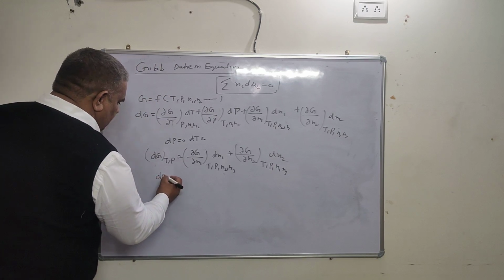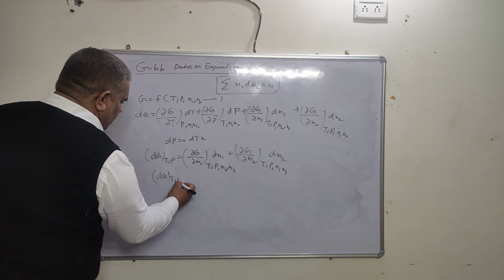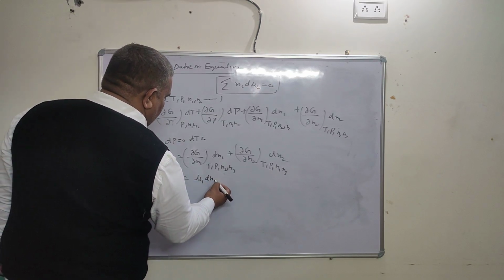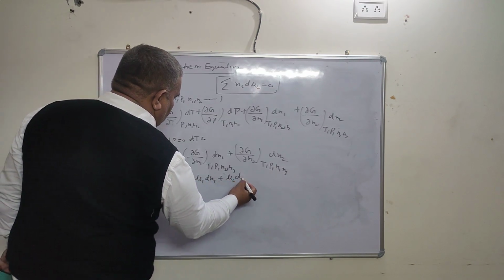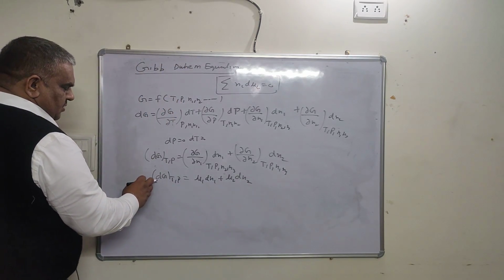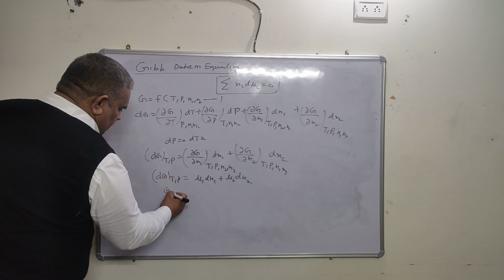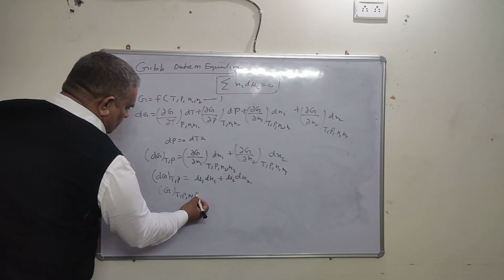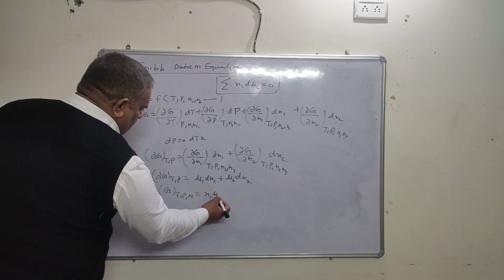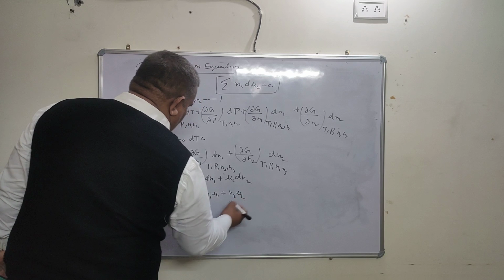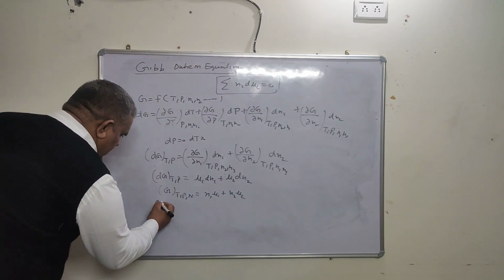So dG at constant temperature and pressure equals mu1 dN1 plus mu2 dN2 for a definite system of composition. On integration, G at constant temperature, pressure and total number of moles equals N1 mu1 plus N2 mu2, and on differentiation,